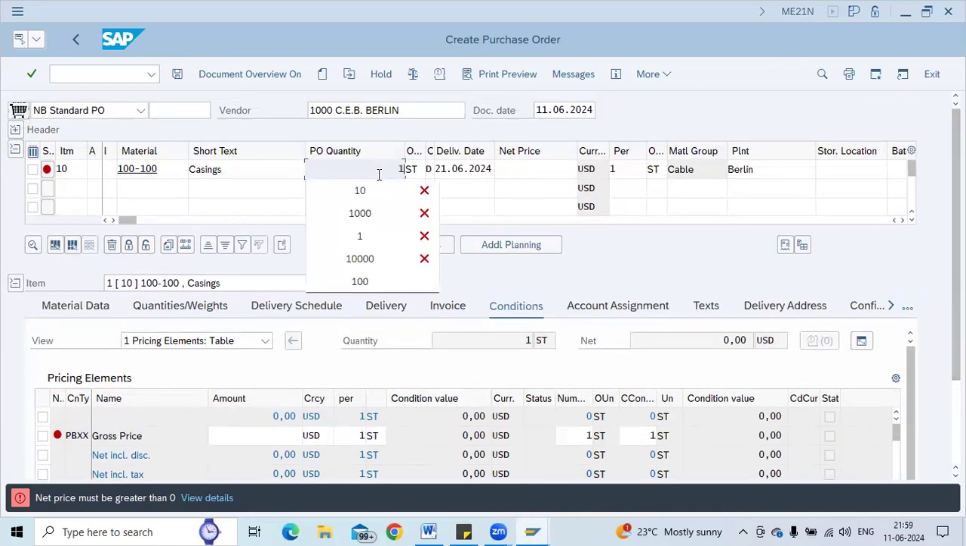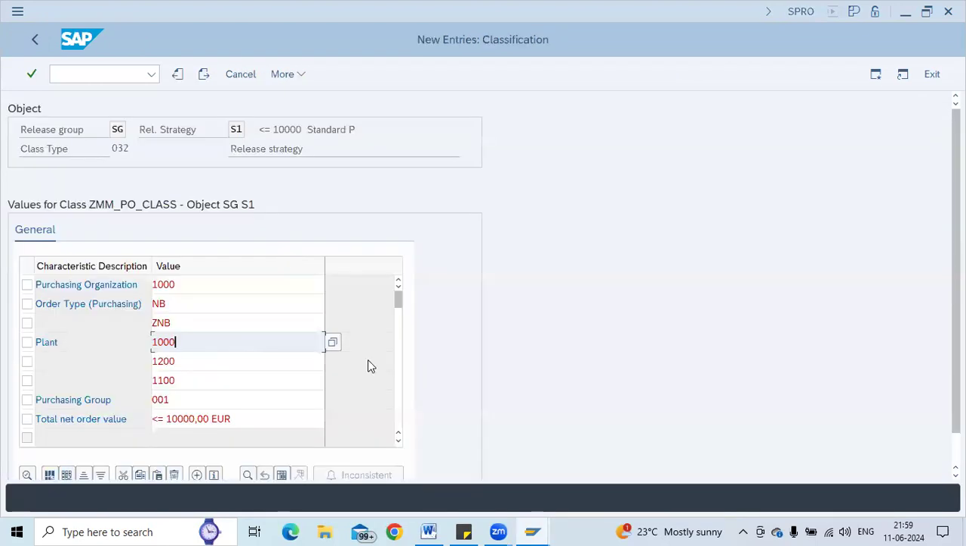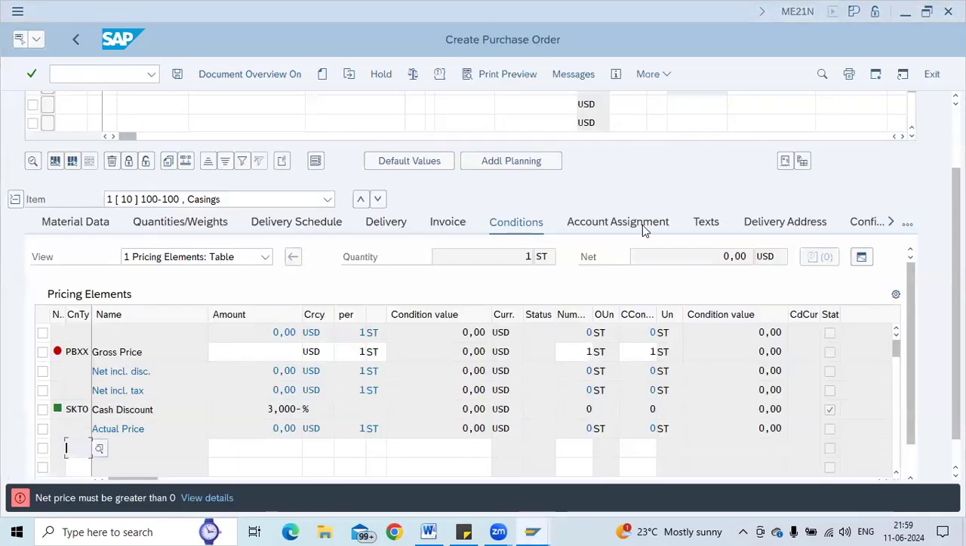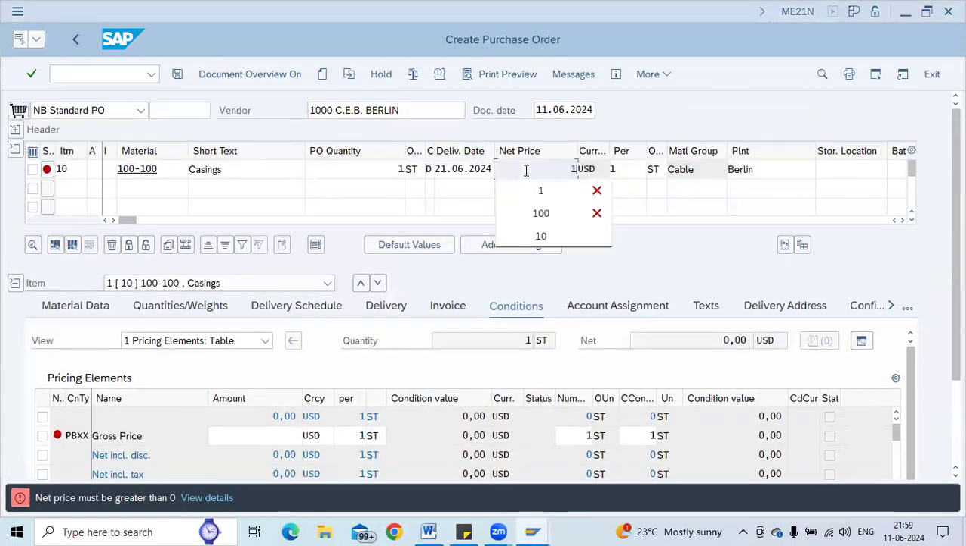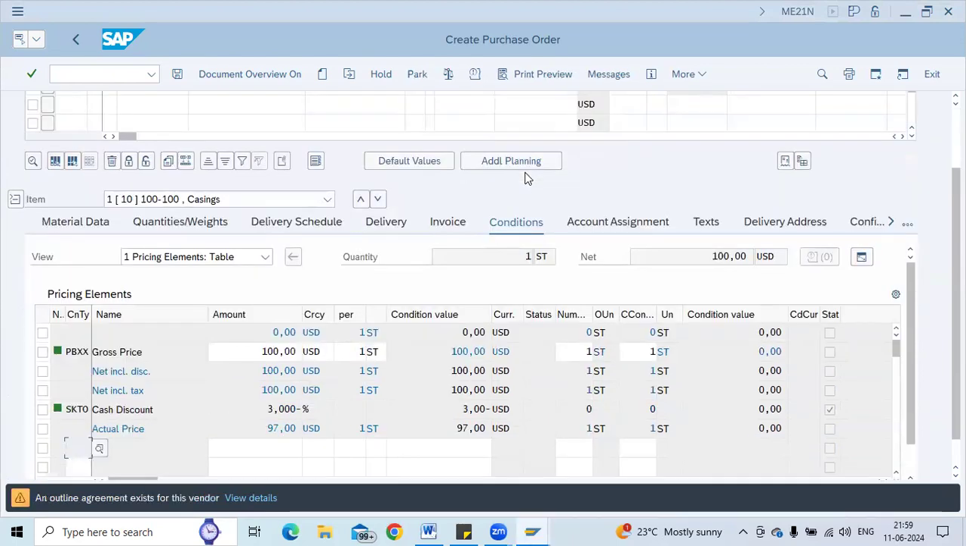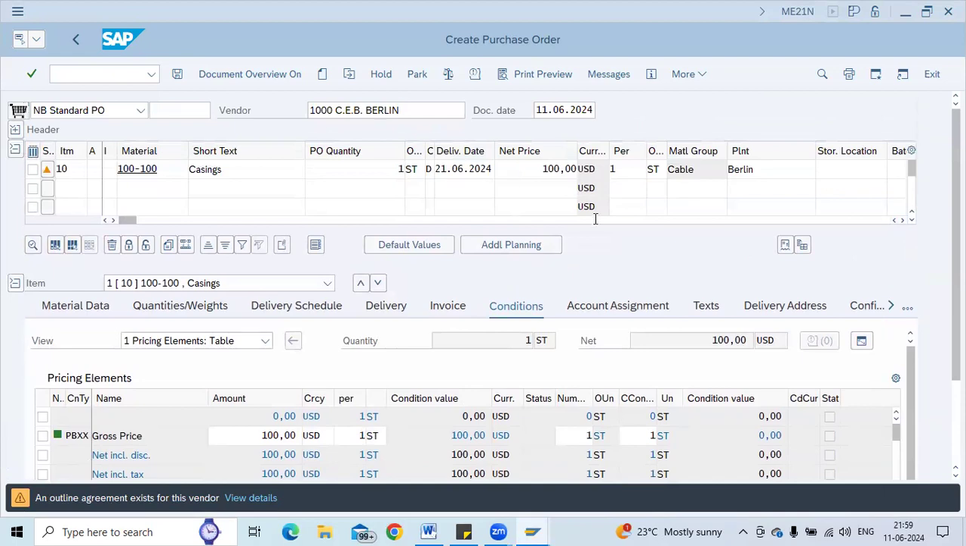Now the price needs to be matched, right? So what is the, I'm just entered that, okay, 10,000 euros, okay, less than euros, which I'm entering. Suppose I'm just entering 100, okay, 100 USD. Now I'm just clicking on check,